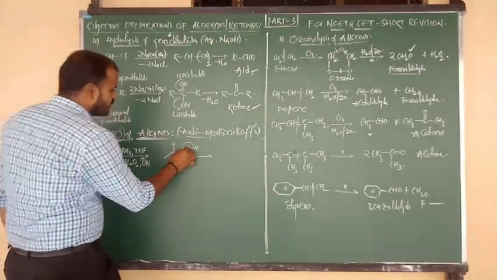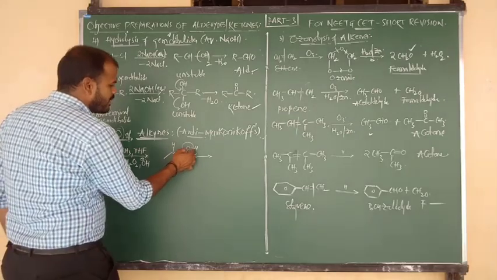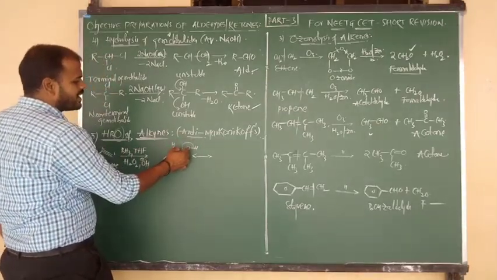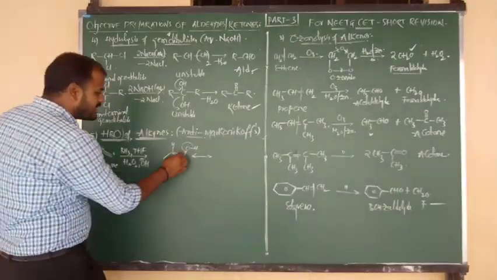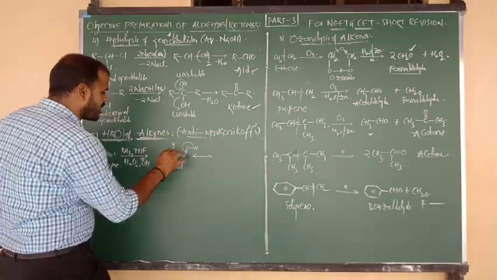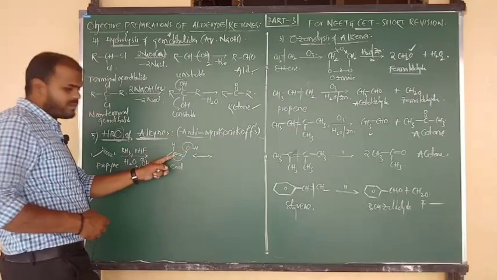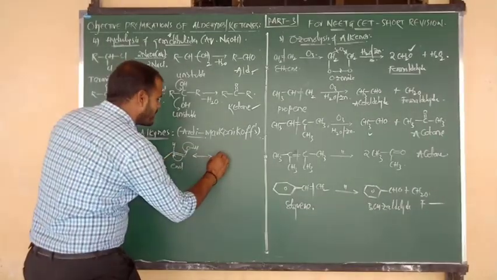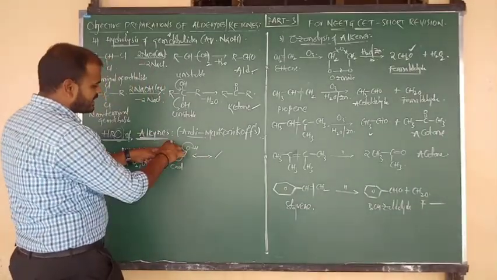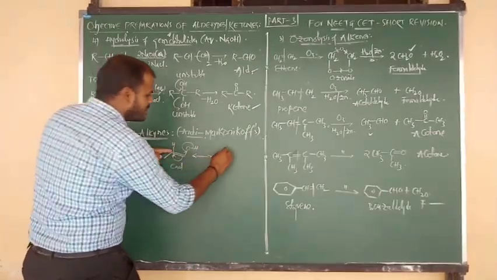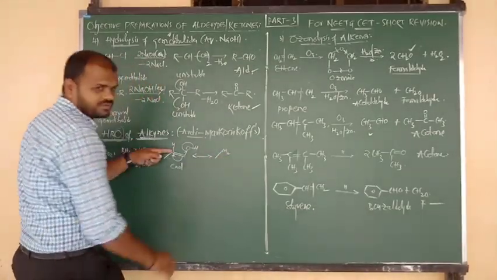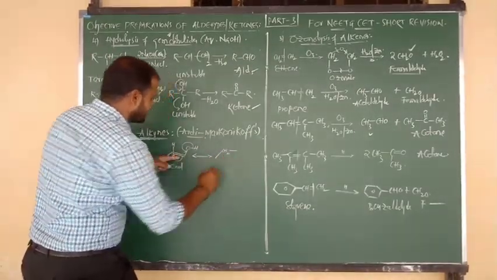So now we have to do the delocalization of the bond. The bond between O and H has to be delocalized between O and C. At the same time, this pi bond is shifted to the central carbon. So the central carbon contains a negative charge, and it is going to be attacked by H. The last carbon is CH3. The middle C already contains one hydrogen, one more hydrogen is coming, so we can say this is nothing but CH2. After that, the double bond becomes a single bond.